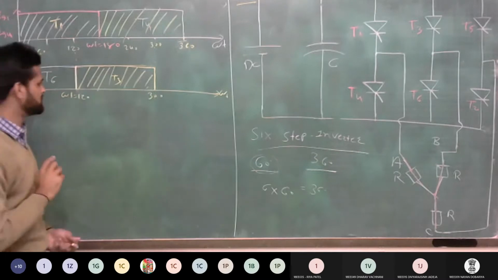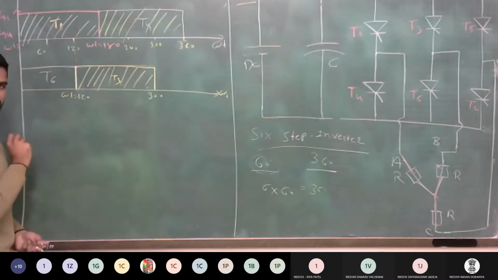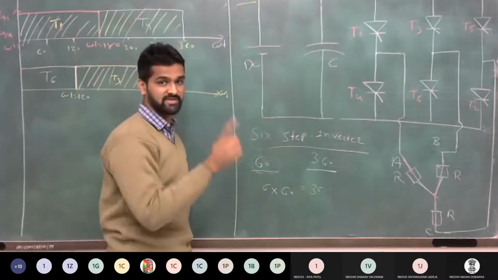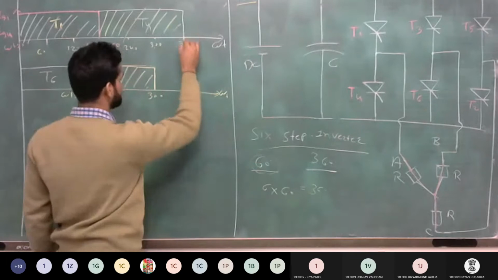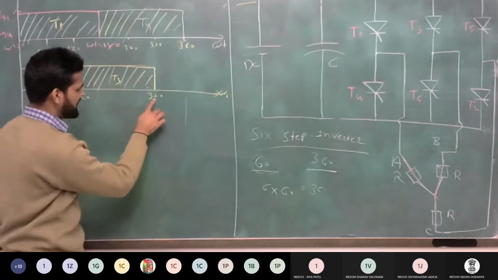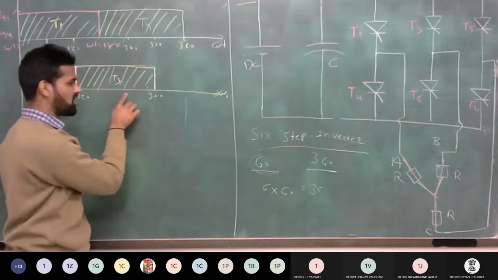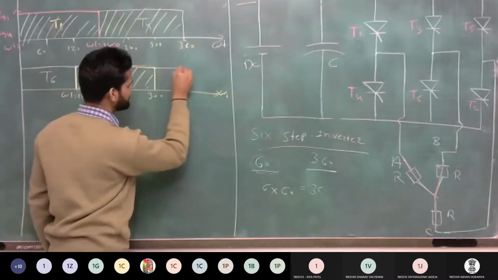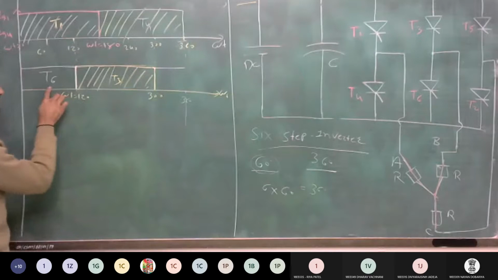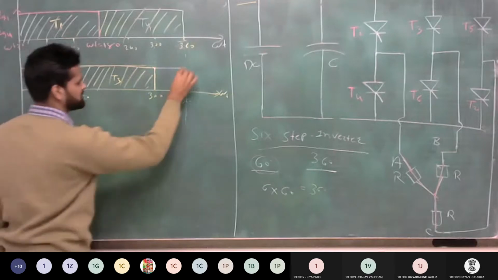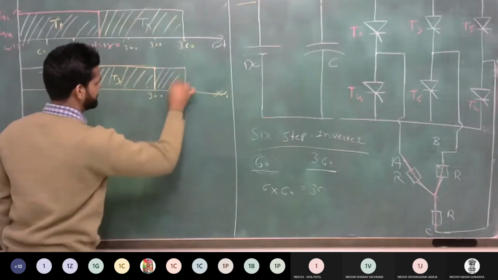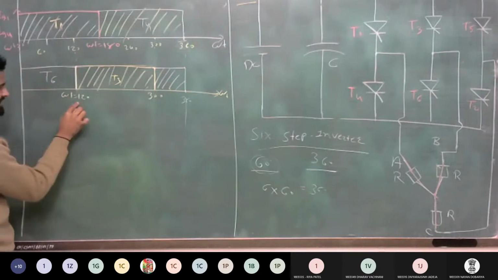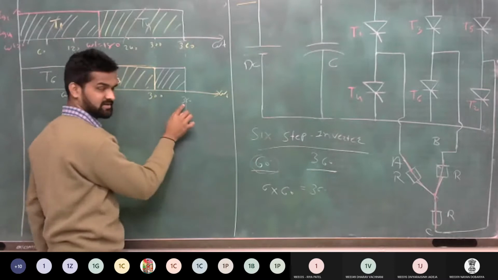Clear? But now the question comes to mind that this is only 120 degree. And as you know, each thyristor conducts for 180 degree in one cycle. One cycle is 360 degree. Clear? But you can see that at 300 degree your T3 will turn off. Here it is 360 degree. So in the next 60 degree in this cycle, your thyristor T6 will turn on again. Clear? So you can see that T6 starts from here. This is a 120 degree duration and this is a 60 degree duration.